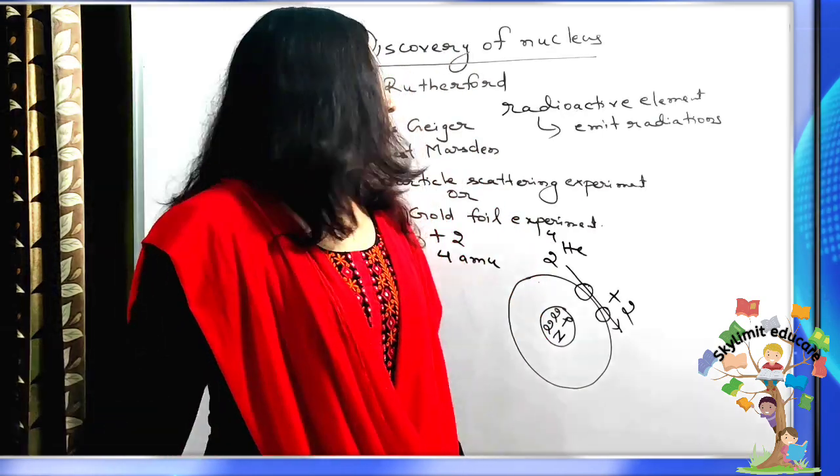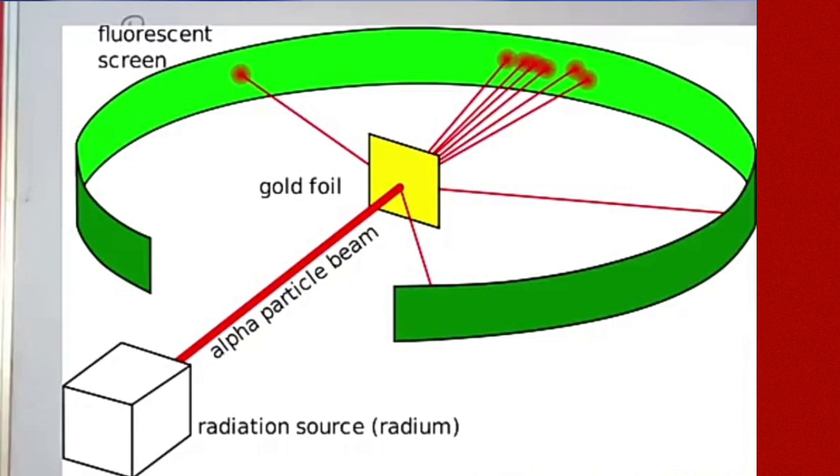So now let us come to the experiment. So students, before going to the experiment, just take a look at the image that I am showing you, so that you can have an overall view of how the experimental setup was made. As you can see in the figure, there is a source of alpha particles, which is kept inside a lead box, and there is a gold sheet where the alpha particles are being incident, and the gold sheet is surrounded by a fluorescent material. You can see here in the figure, it's completely surrounded by a fluorescent material made up of zinc sulfide.